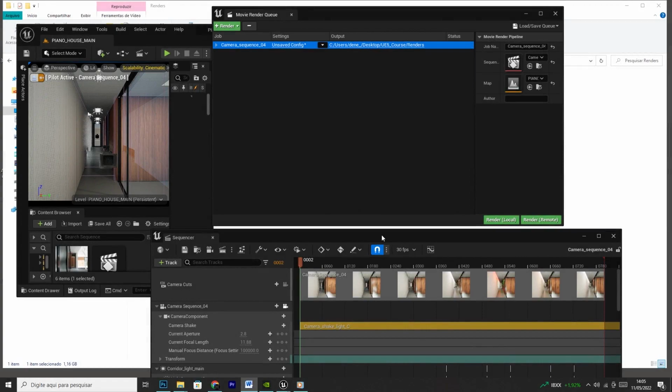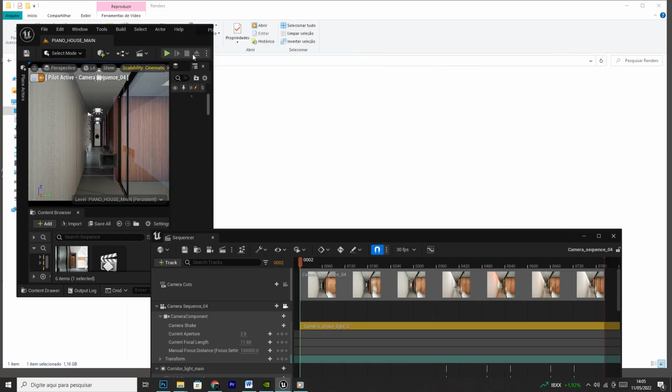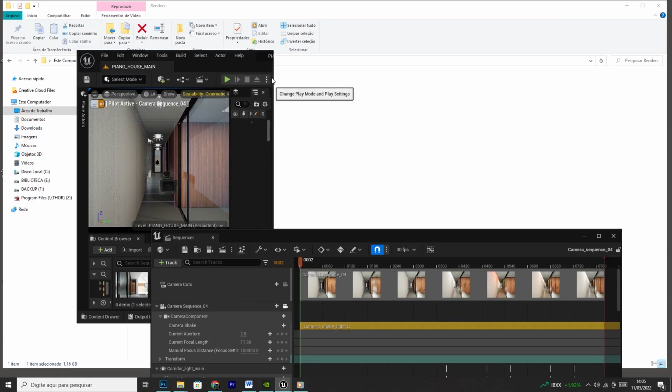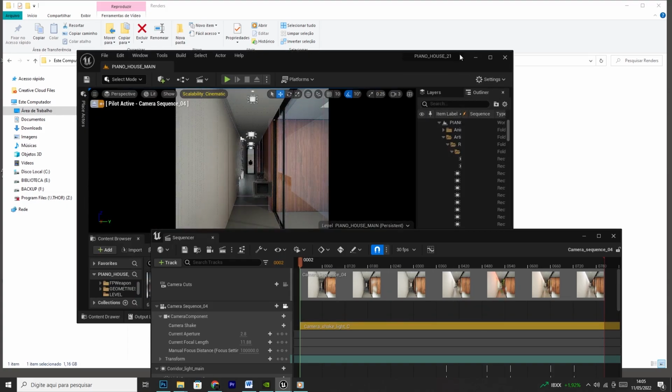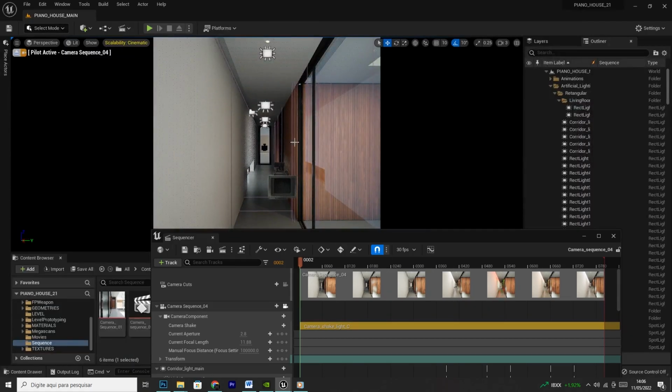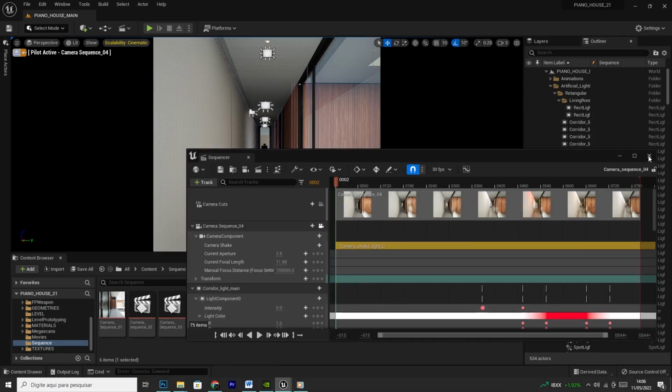Welcome to another class of Unreal Engine 5, where we're going to talk about render of animations by using path tracing, with Movie Render Queue. So let's get back to the scene of the kitchen. I think it's better to use the path tracer, because here the scene is more fixed,